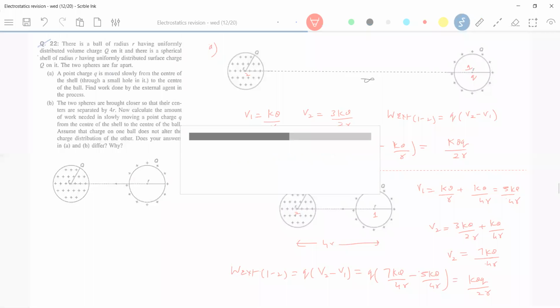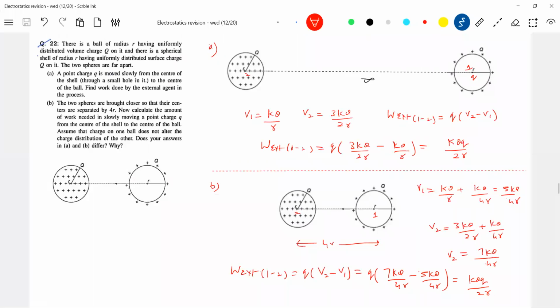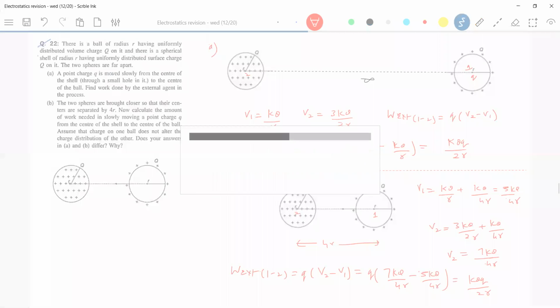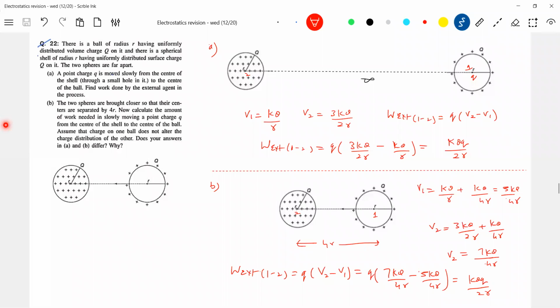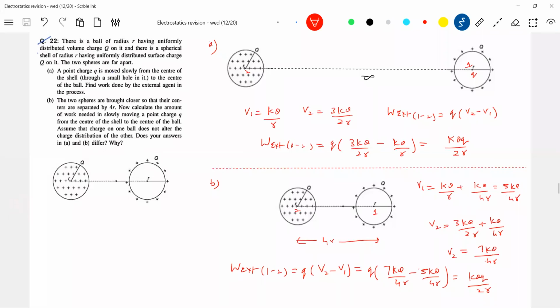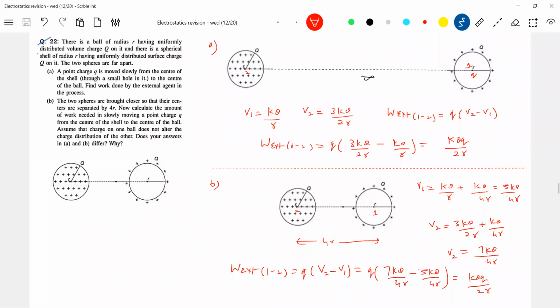Somewhere they may ask in the exam, please be careful. Instead of a numerical, they'll ask this as a multiple-option question. If we move from one point to another, the work done changes as the separation changes. This information is very important. I think we should work out and predict rather than making a guess. If I don't give a numerical, we may go for options, and the answer in B will be different. But if you take an example, verify it, that'll be better.